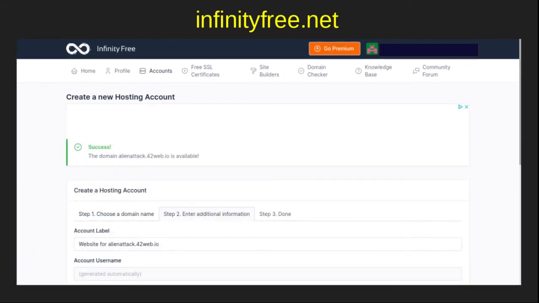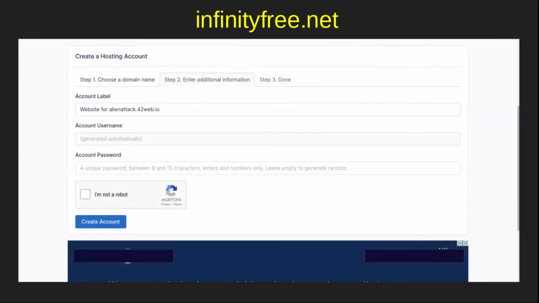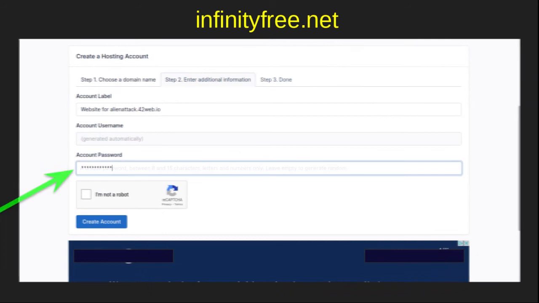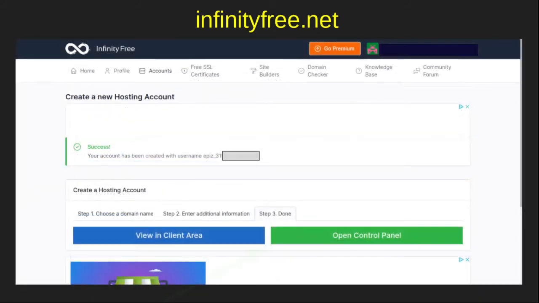If that domain is available, you'll be directed here. If it is not, keep trying new names until you reach the success page. Then scroll down some until you can see the full form. Create another unique password and place it here, and again, prove you're not a robot, then click Create Account. You should now see this page touting your success and showing your username. Click the Open Control Panel button,